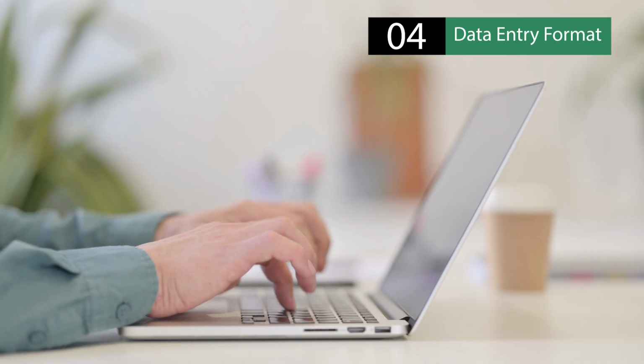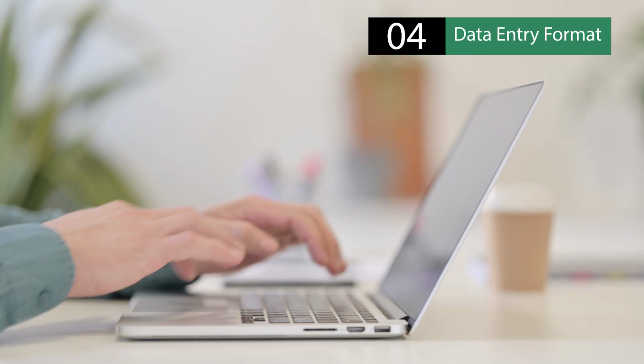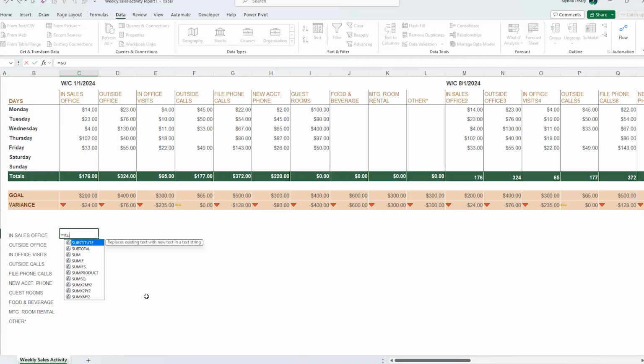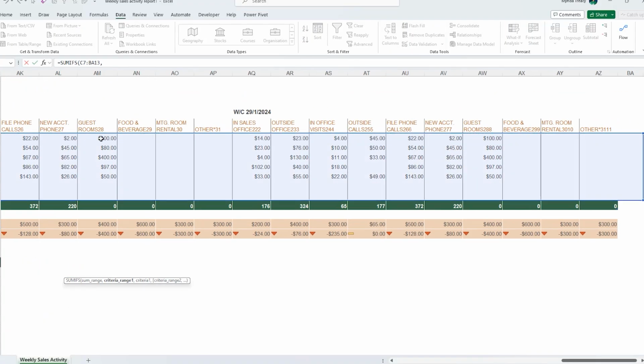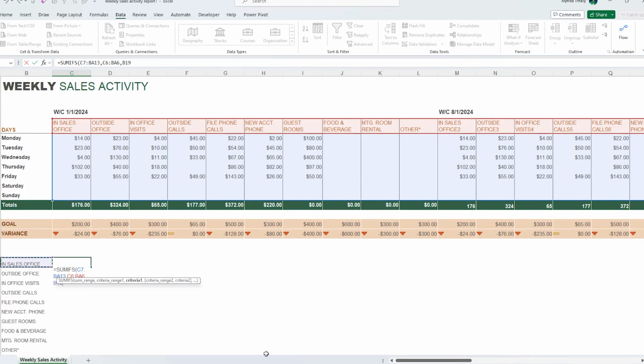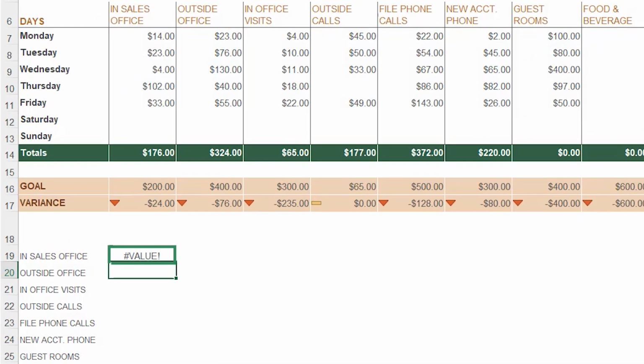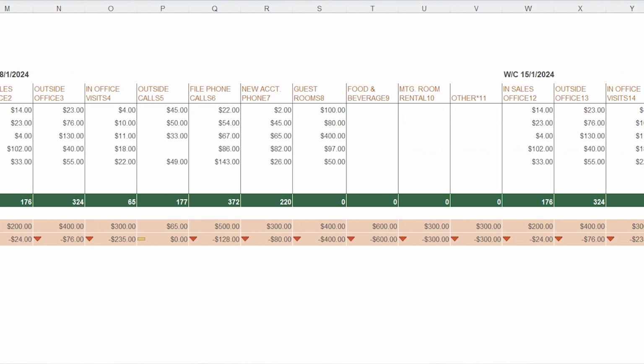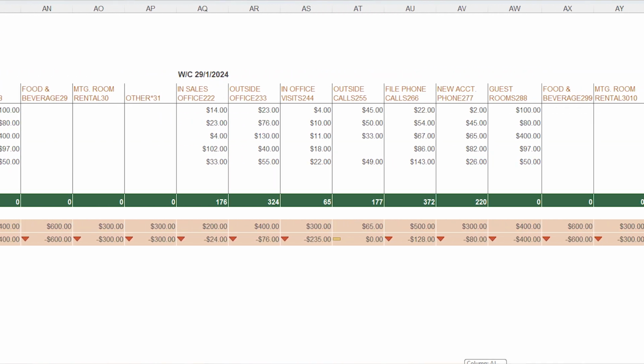The data entry format gets its name from the intuitive layout, which makes it easy for the person keying in the data without consideration for any further analysis requirements that you might have. This is perhaps the most frequent mistake I see people make, and the one I get the most questions about, because people try to summarize this data with functions they think should work, like sumifs and countifs, etc. But when your data is in the wrong format, you can't use these functions the way they're intended. And this limitation becomes especially aggravating when dealing with large data sets that span multiple columns for time periods and